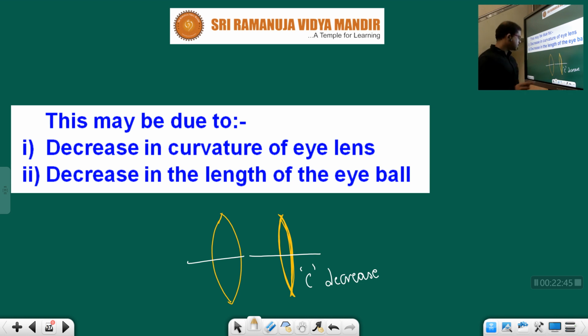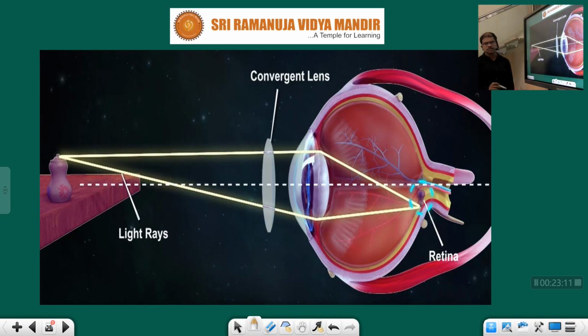See, children, this entire vision depends upon the amount of light rays that are going through our eye. Proper amount of light should enter through our eye. Excess or deficiency of those light rays can cause these eye defects. That can be controlled by our eyeball, children, but usually it is better to maintain proper light rays.